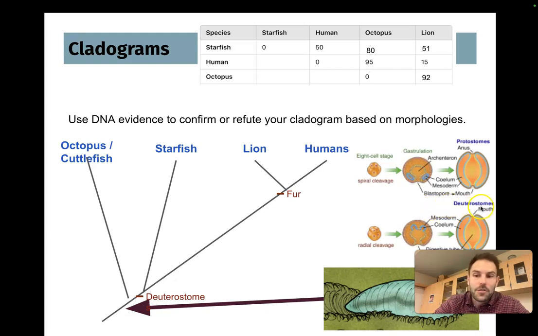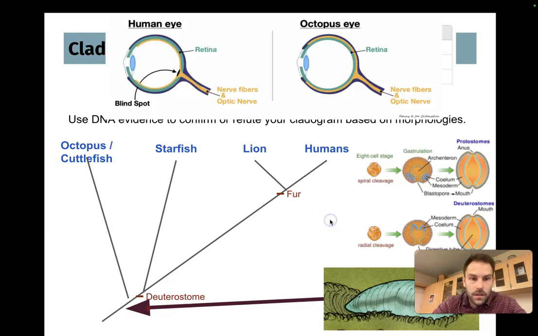Starfish and humans are what we call deuterostomes. It's the opposite. When this ball of cells starts to fold in to form an organism, that opening first becomes the anus, and then the other part becomes the mouth, right? So it's literally the very, very early stages of development, where we could say these are the traits that starfish and humans share in common. So we split really, really early on, which to me is absolutely wild,